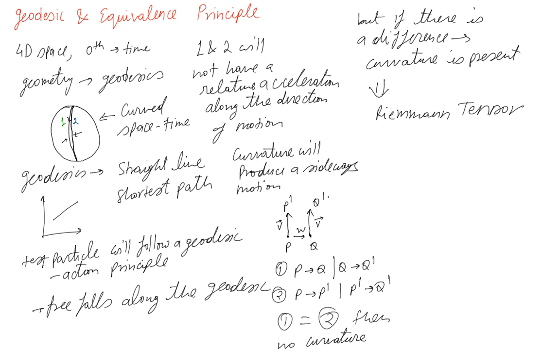So this is the idea of curvature. But the main thing of this class was that locally, two geodesics, if they have test particles following these geodesics, one particle will not observe the other particle accelerating relative to it in the direction of motion. They will both be in free fall. We'll make things quantitative in the